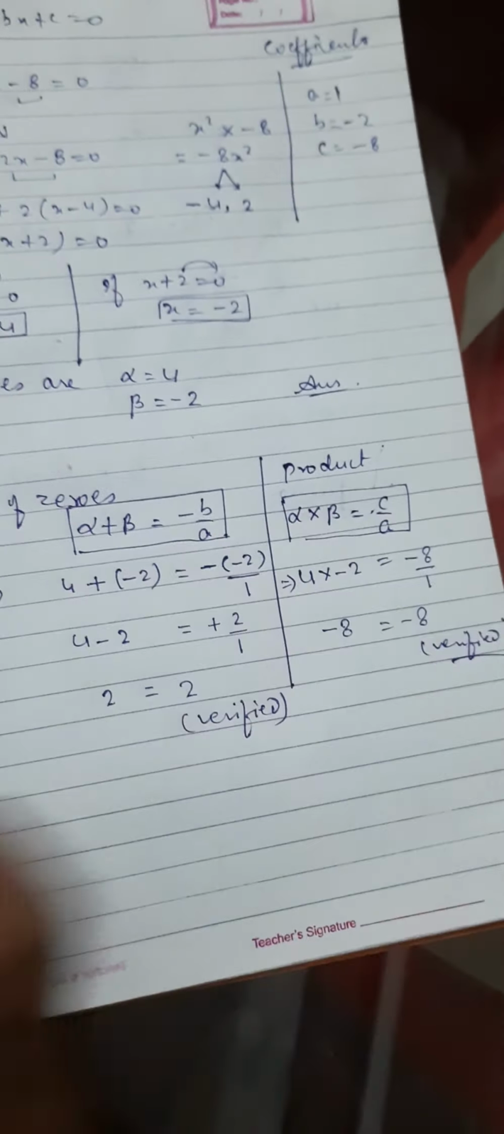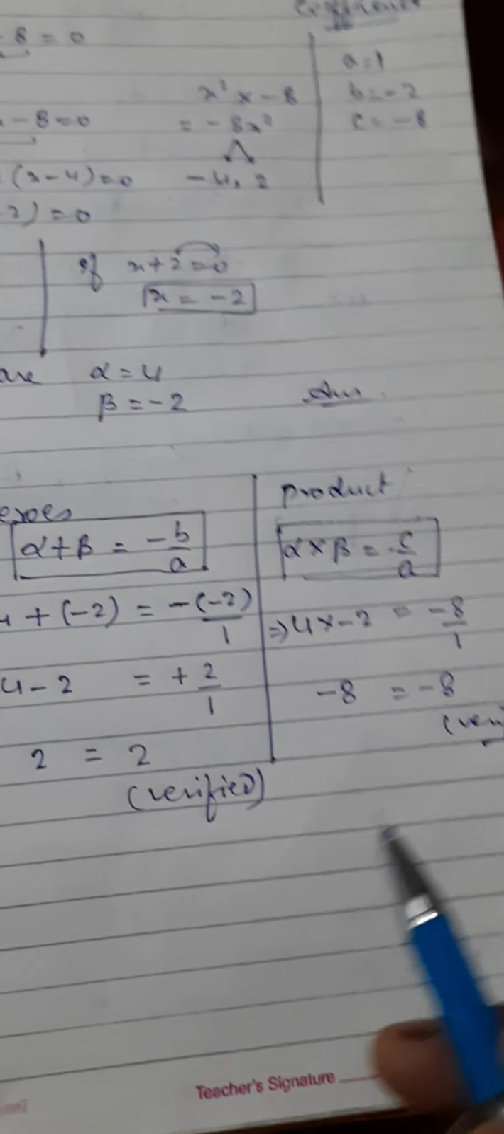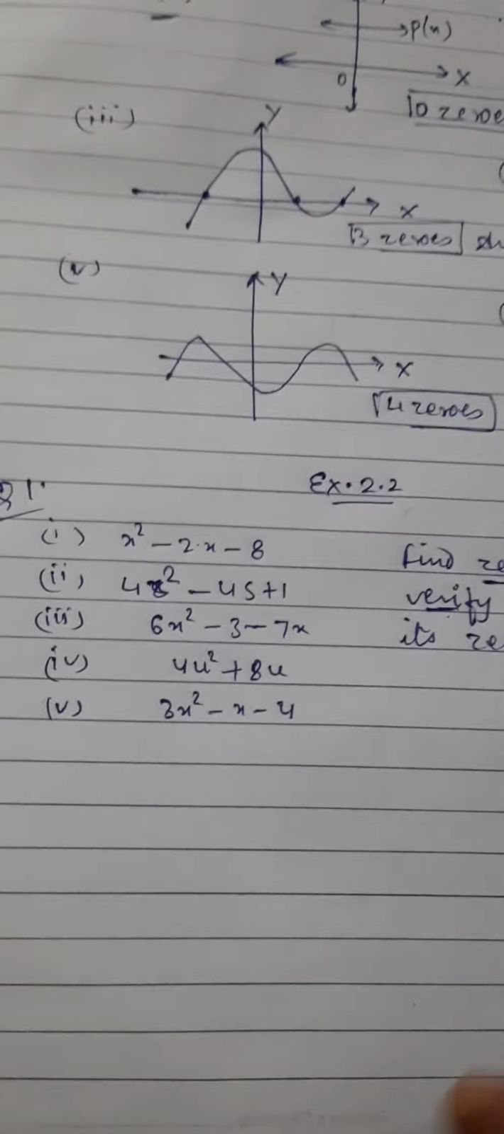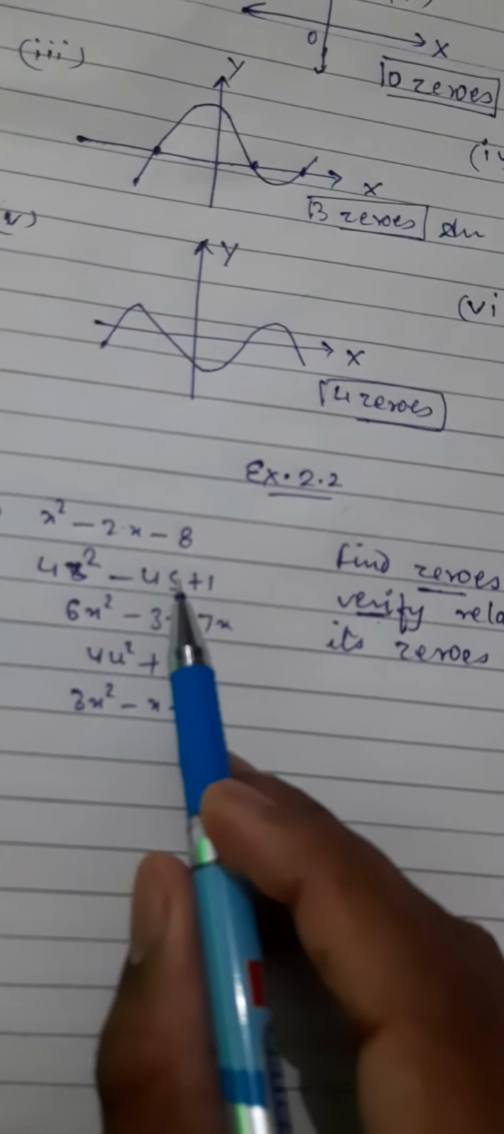You have to learn this: sum of zeros and product of zeros. So both sides it should come the same, so it is verified. Now we have successfully done the first part. Second part, we will verify in the same way, but in the third part